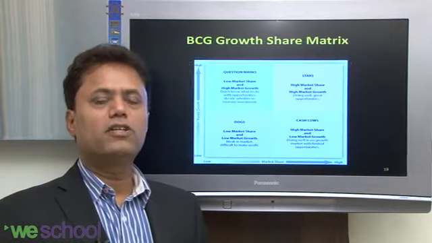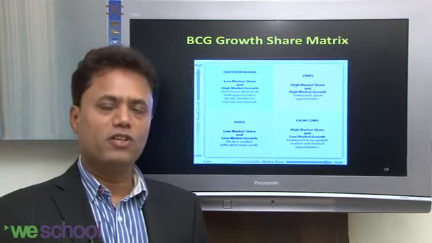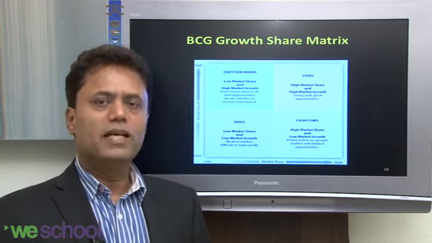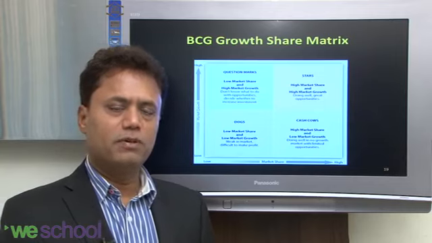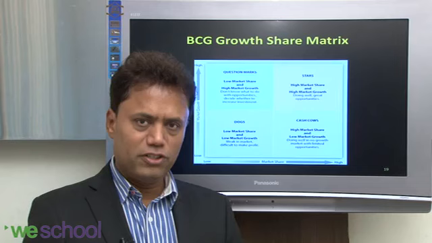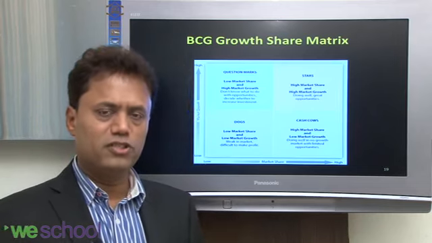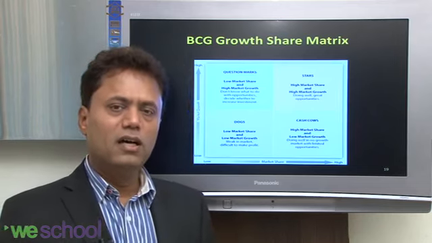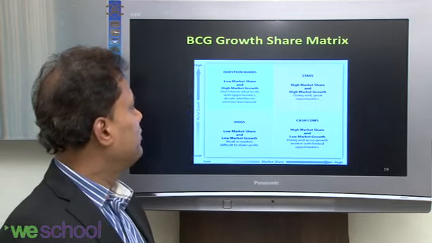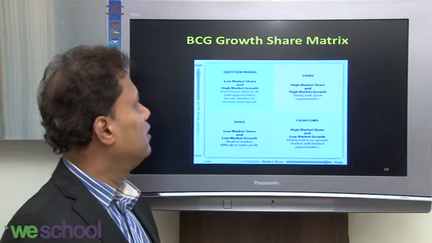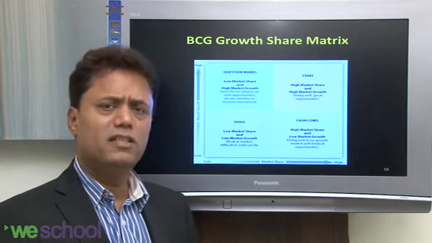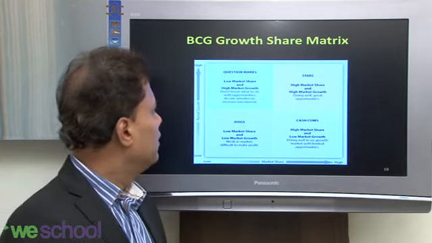Now let's talk about how we make an assessment of your corporate level strategy. There are many tools available to assess what kind of corporate level strategy you need for your organization, relevant to your market, relevant to your business, relevant to your vision. So here is one I thought I'll share with you. It is the BCG growth share matrix, which is very clearly presented in the book Strategic Management.